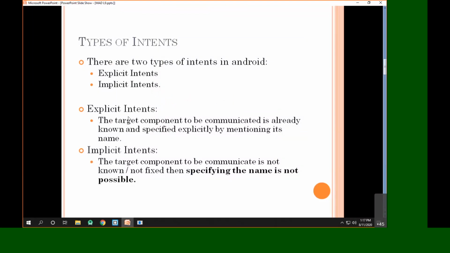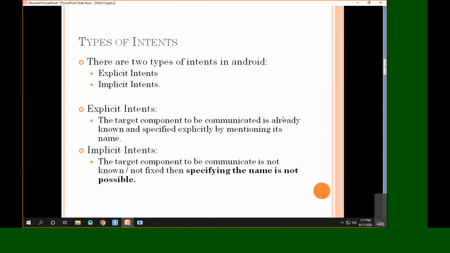So what do we mean by explicit intents? Whenever we are launching a component and the target component to be communicated with is already known, then this intent is called an explicit intent.